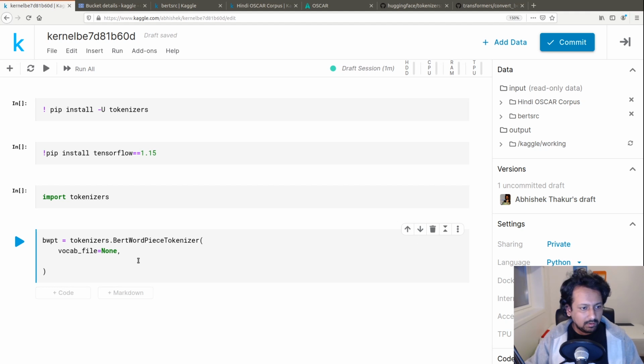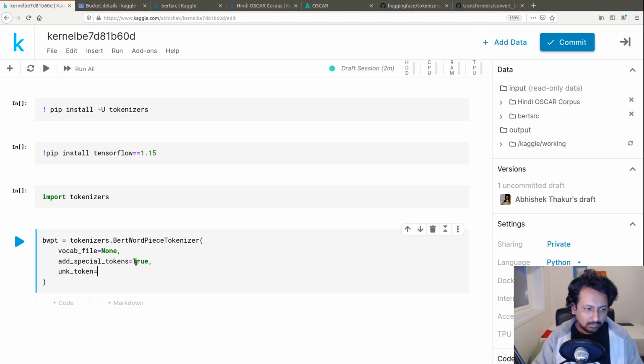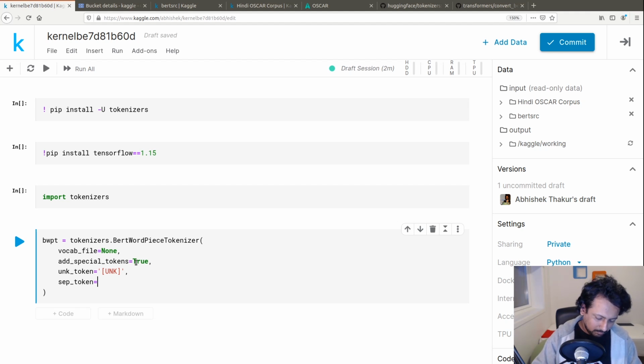And then you need some parameters like add special tokens to true, and you can leave the other parameters as they are. So I'm just, for the sake of seeing what the different parameters are, writing them here. So you have UNK token, which is your UNK, and that's pretty standard for BERT. And then you have SEP token, which is SEP, CLS token,